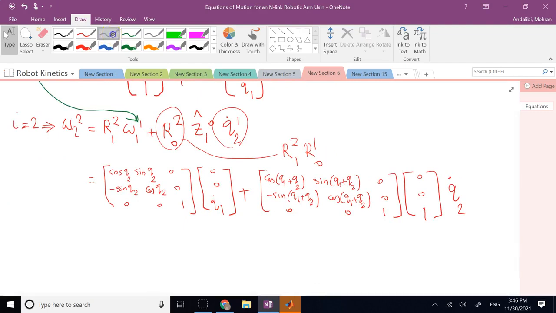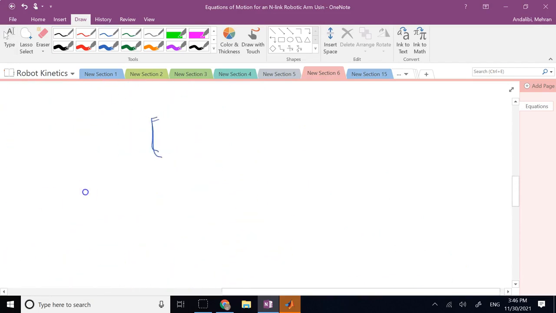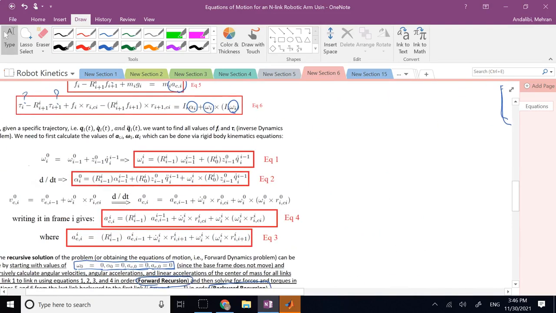Now, note that in this case, it was easy for me to say that unit vector z1 is just 0, 0, 1. In general, how do I get these z's? Because this z, you see it in the formula for omega, right? You also see it in the formula for alpha. The question is, how do I get these z's? And if you remember, we can get them from DH. So if I go back to the DH forward kinematics,